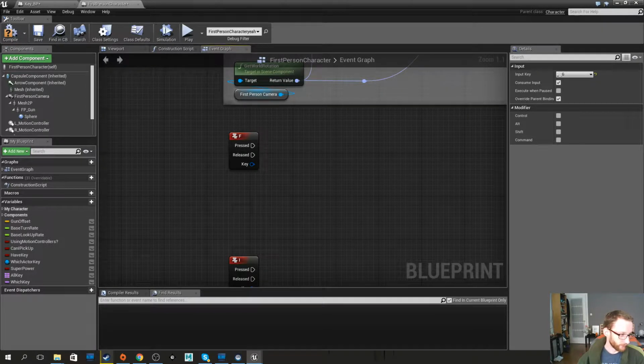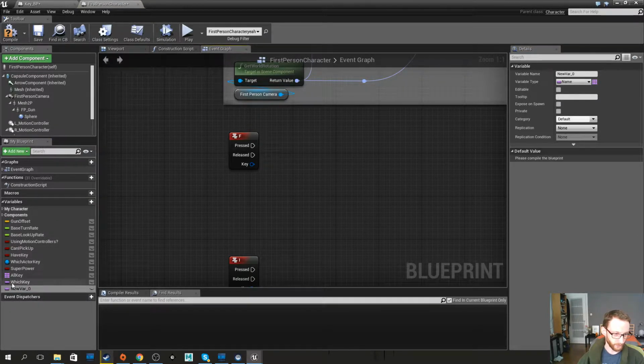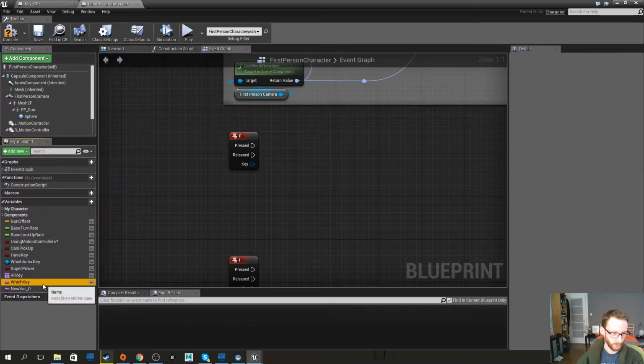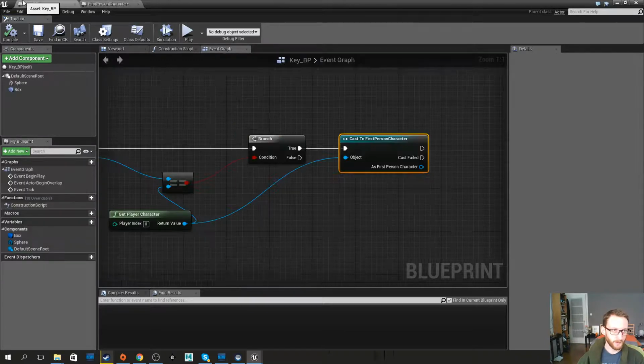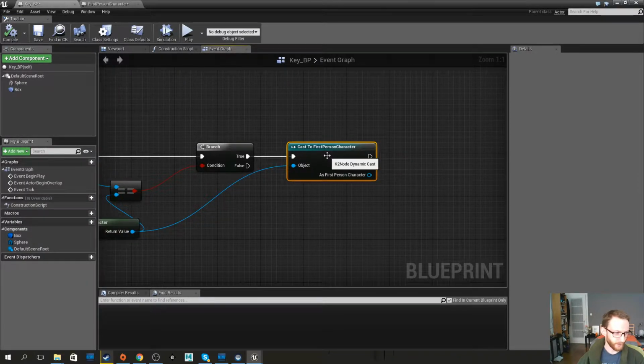Here we go. So now that we have our variable, we want to be able to say, can I, oh yeah, so it's already here. So this is just a boolean, the same stuff: you create a variable, boolean, and you want the beginning to be true because the player can pick up from the beginning. So here we want to say